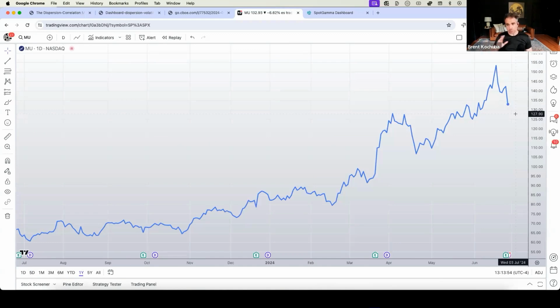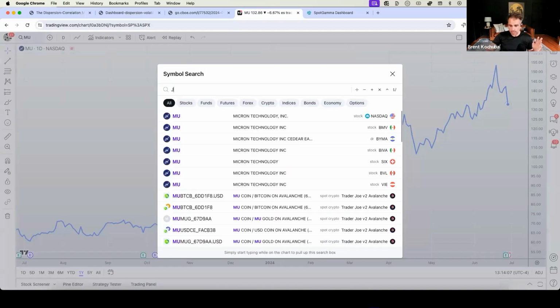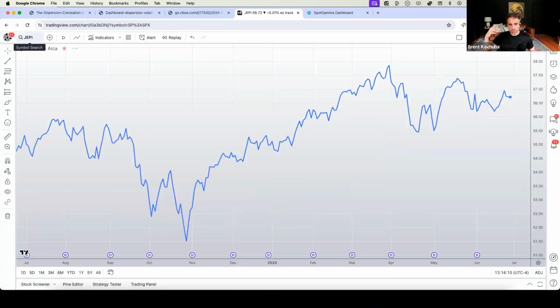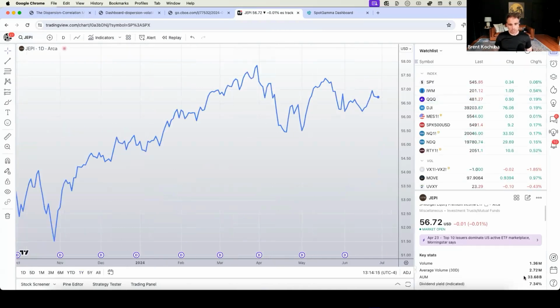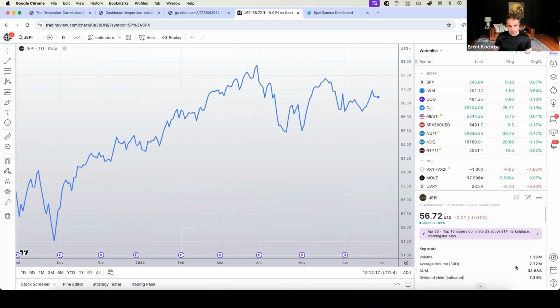The index doesn't move. Everyone's been talking about that. We're at record time without a 2% down move. Well, also record time without a 2% up move, right? All right, so that's one side of the equation, that relative trade. The other side is the systematic call overwriting strategies, which continue to gain in assets. JEPI is the most well-known of these. It's the largest, with $33 billion in assets. There's a bunch of others, like QYLD, smaller single stock ones, as well as just people who are selling calls outside of systematic ETFs and strategies like this.